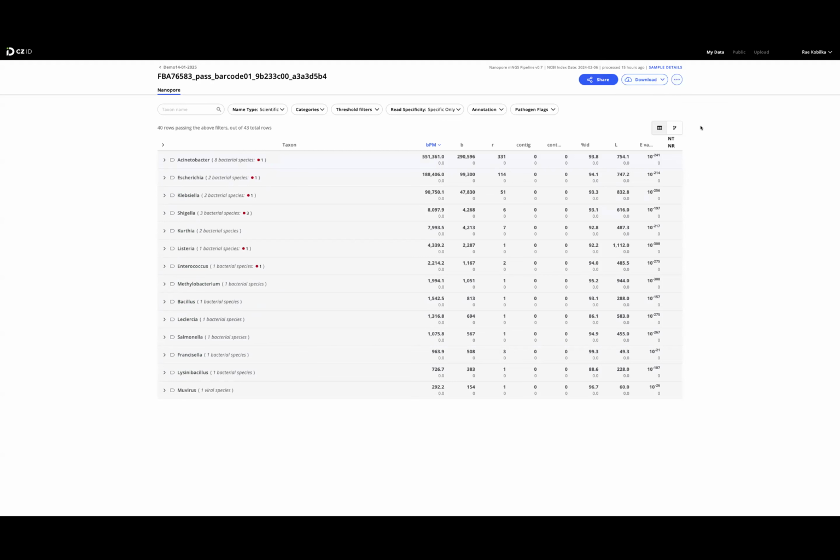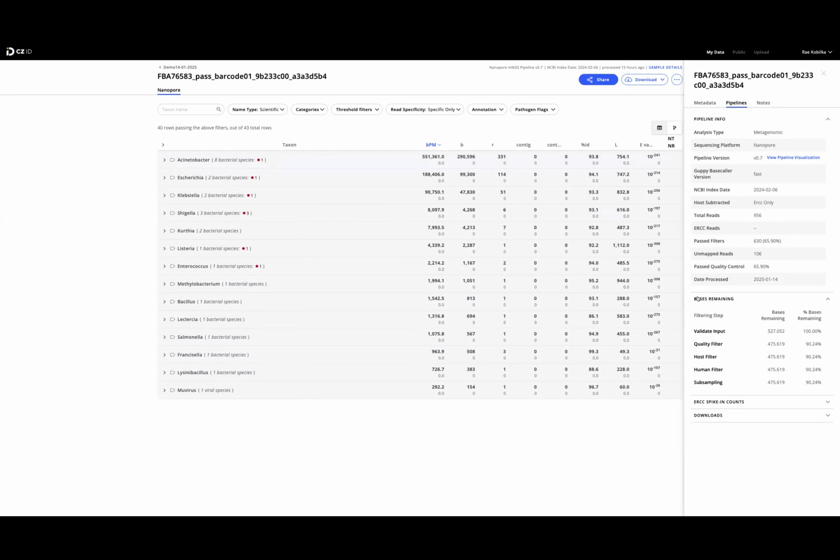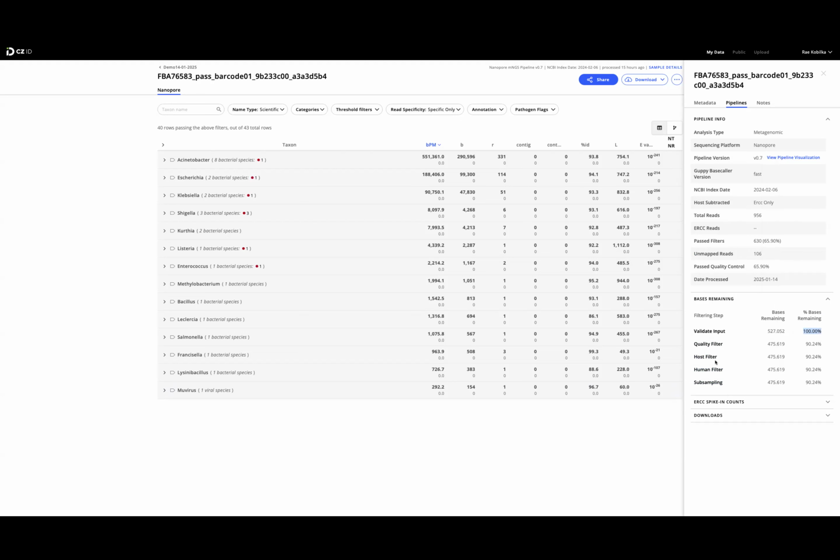And I think this is mainly it. You can see also again your sample details, which you've added before. Maybe one more thing which is important: when you go to the pipeline spot here, you can see one category here, bases remaining. There you can see at what point you lose bases. So for example, the validate input is just like a normal input, which should always be 100%. But then when it comes to the quality filter, the program itself is adding a filter to your